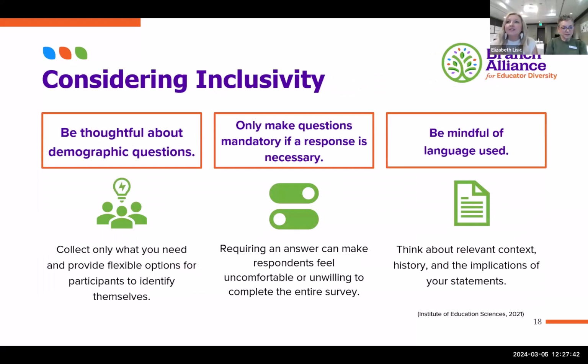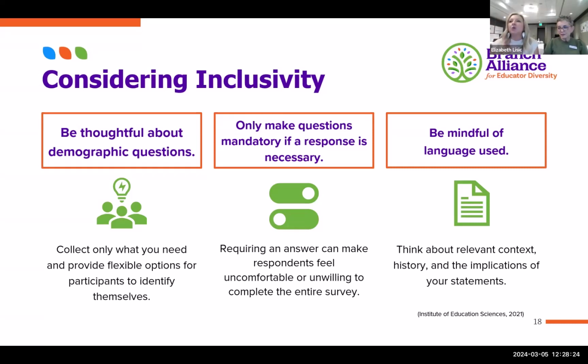The other thing that we wanted to surface when we're thinking about survey development is how we are considering inclusivity in our questions, because like I said, just by the wording and framing of our questions, we have a lot of opportunity to bring people in and make them comfortable and safe in our survey spaces, or to make them spaces that are not welcoming or not inclusive. And one of the things here is to be thoughtful about the demographic questions that we ask. We can have a tendency to just say, well, maybe we'll need it later. Let's just go ahead and ask it, right? And ask lots of questions and make them all mandatory.